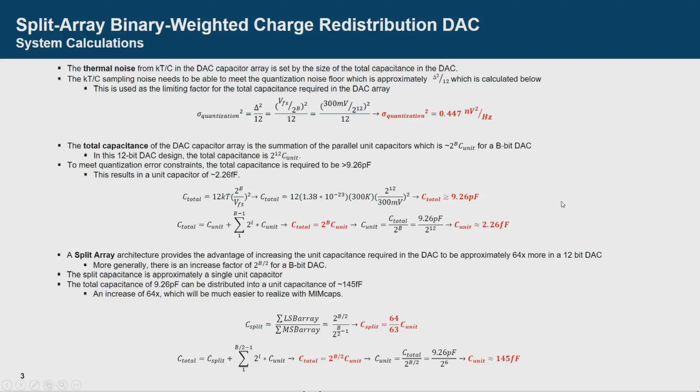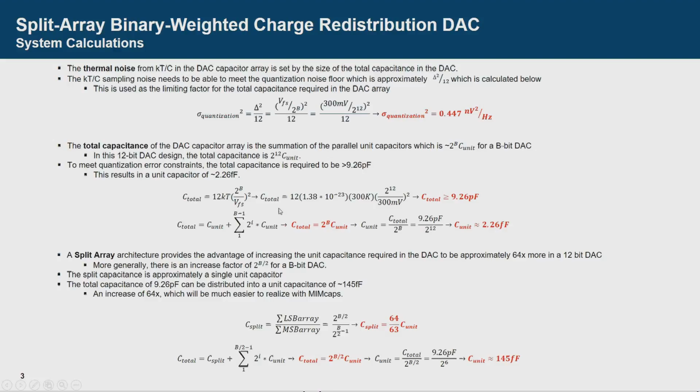Here are the system calculations for the DAC. The thermal noise from kT over C in the DAC sets the total size of the capacitance in the DAC. It needs to be able to meet the quantization noise floor, which is around delta squared over 12. Using the full scale range of 300 millivolts and assuming a 12-bit DAC, I calculate this quantization error. To meet this quantization error noise constraint, I need a total capacitance of 9.3 picofarad, which is calculated